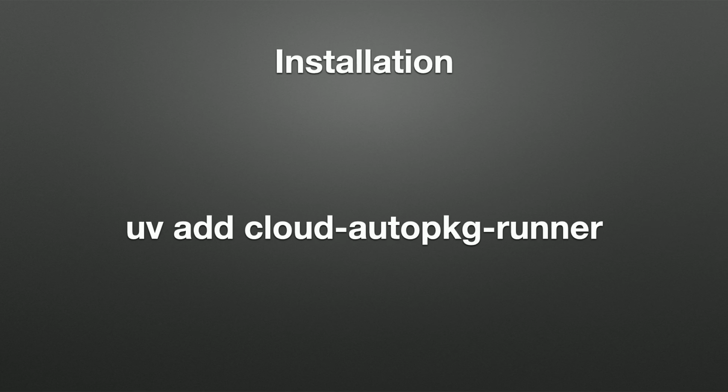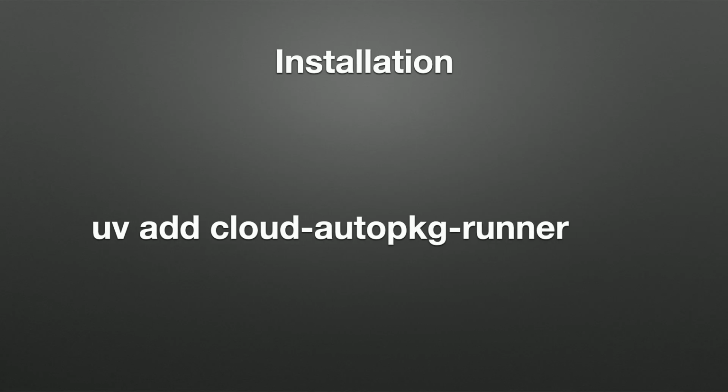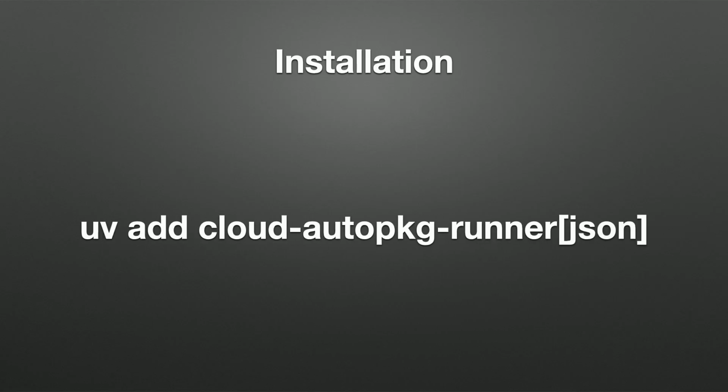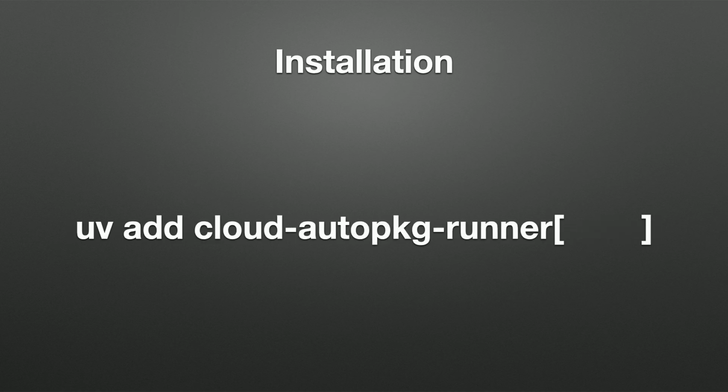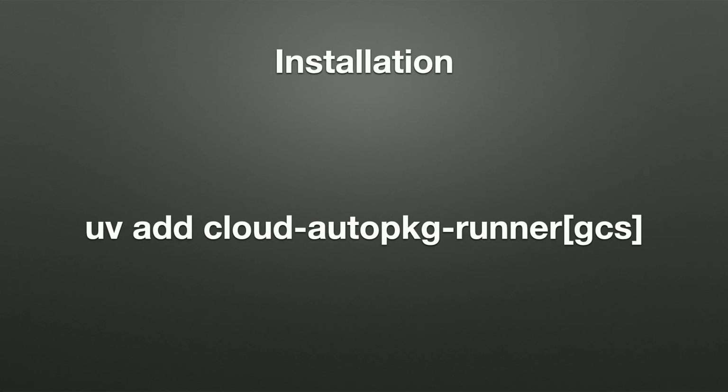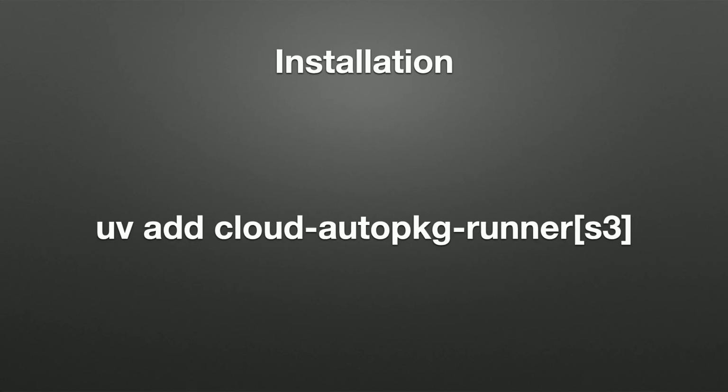The default cache storage for the metadata is a JSON file. It just gets put in the same repository that you're running from. You can configure that, but that's the default. If you want to be explicit about it, you can install that as an optional dependency, but all of the dependencies are already included for JSON. There are other options though. You can do SQLite. You can store the metadata in an Azure container. You can store it in Google Cloud Storage. And lastly, you can store it in an S3 bucket.